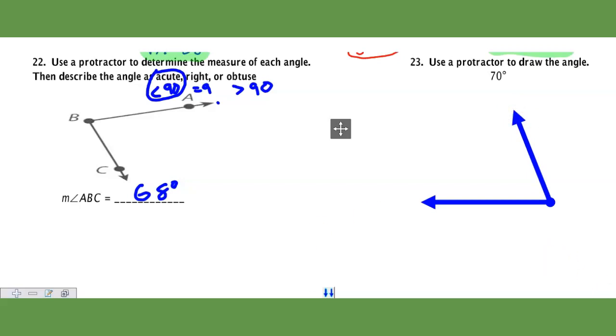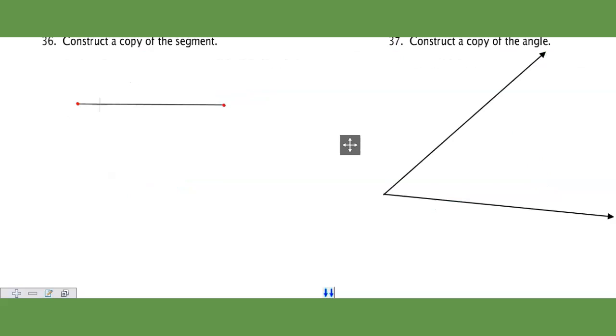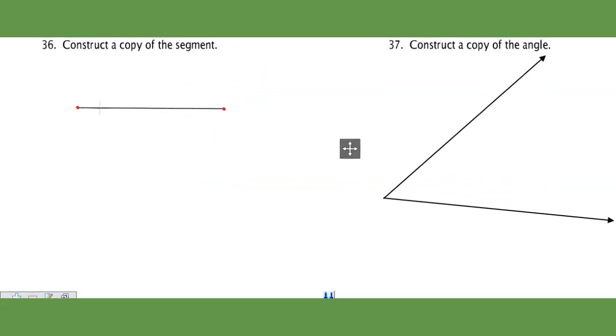Okay, let's go to the next one, which is further down. And this was number 36 and 37. We started doing some constructions. So first we need to construct a copy of a segment and then copy an angle. So we're copying two objects. Let's start just by doing the segment